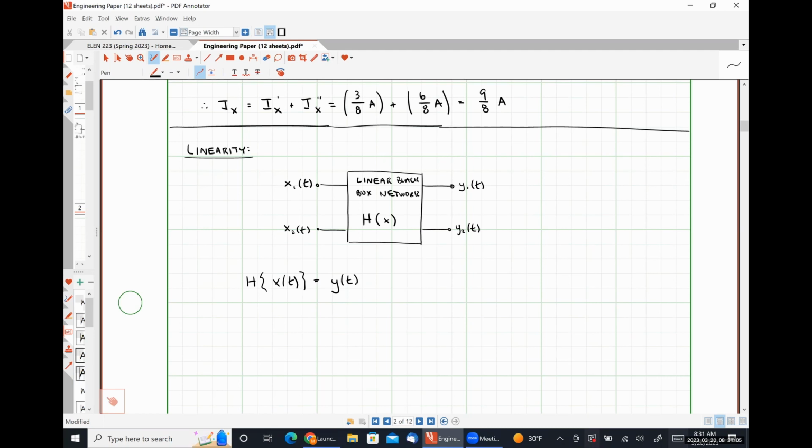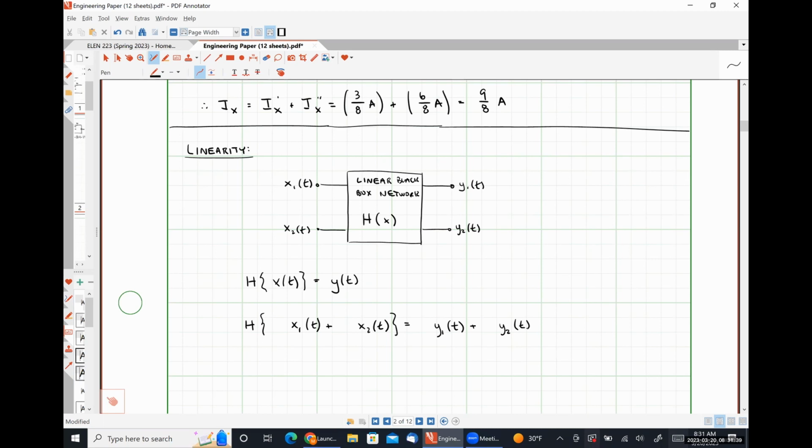So we could say that H acting on this combination is going to give us Y1 plus Y2, and what I've drawn here, and those big spaces are intentional, is effectively describing what's going on in